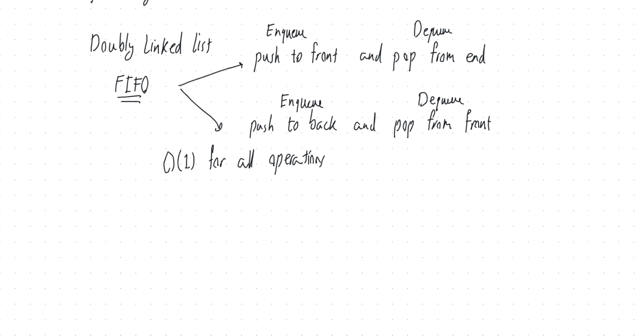At the beginning, it's empty, so head is null and tail is also null. So this is head and this is tail. And let's say, for example, after creating this empty Q, which is implemented using a doubly linked list, then we NQ,